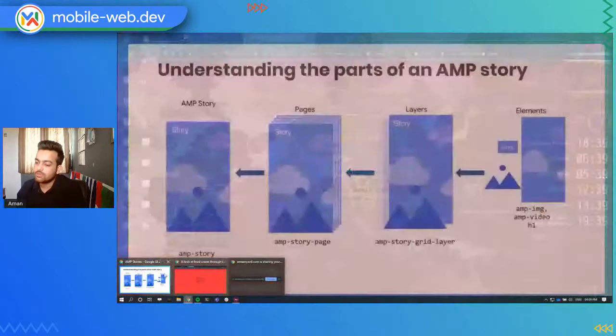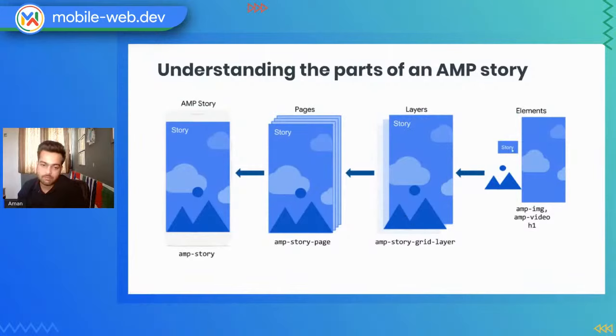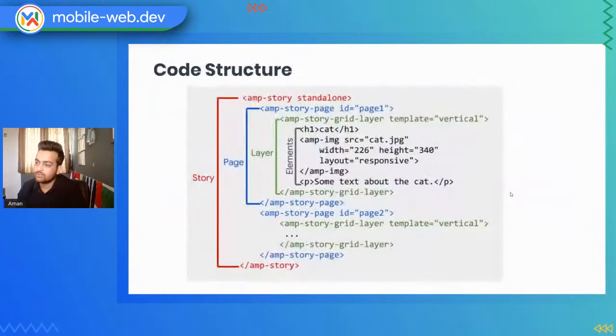So getting back to our presentation, this thing, the page, is the main element which people tap, and within every page there are various layers which make everything interactive, and within every layer you can have multiple elements. So you can have different indexes for the way you are presenting your information. We'll go into detail on how to actually do this.